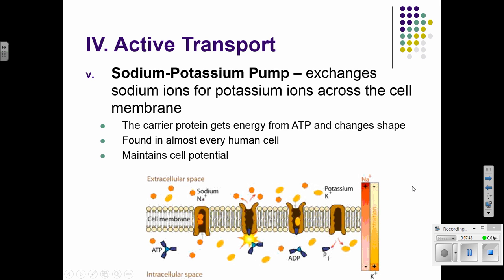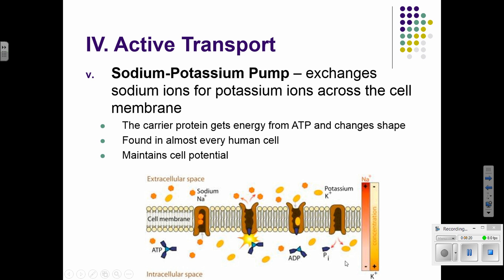So starting with the sodium-potassium pump, just like it sounds, you're swapping out sodium for potassium. The reason we do this is to maintain an uneven balance on each side of the membrane. So we use a carrier protein again, and ATP binds onto this carrier protein, and when it binds, we snap a bond, and it causes the protein to change shape. The changing of the shape is what allows sodium and potassium to sneak through at different times. And like I said, we're pumping 3 out and only bringing 2 back in,